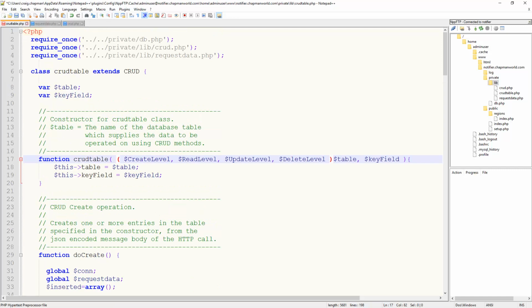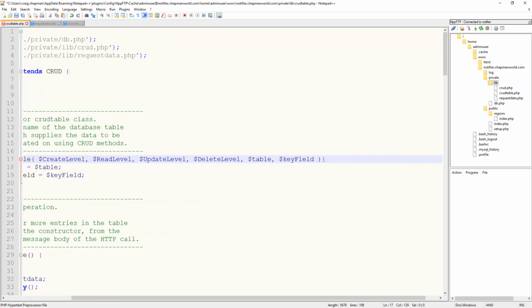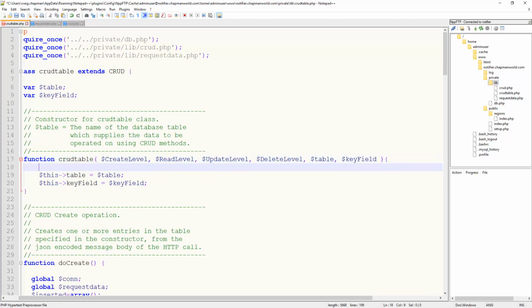So I'm going to put the same parameters into this constructor, but I'm going to keep the table and key field parameters that we have. And I'm going to call the parent constructor, which is CRUD. Okay, create level, read level, update level,